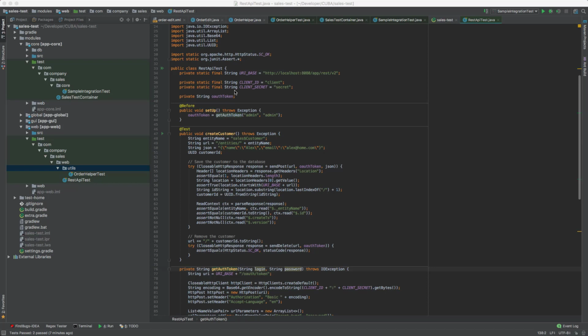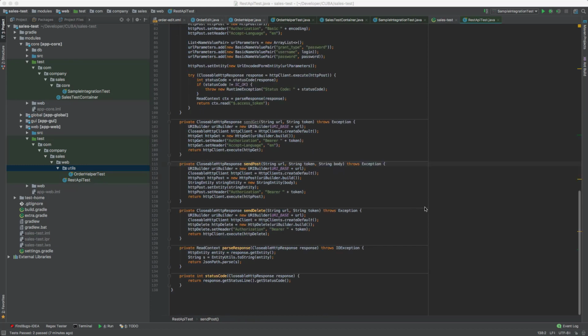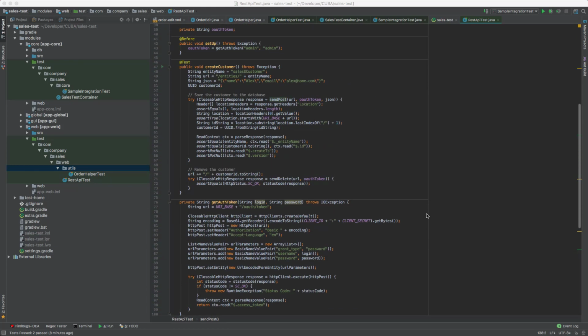Any entity can be created with a POST request on the address equal to base URL plus entities plus entity name. In our case, it is entities/sales$Customer. The request body must contain a JSON object that describes a new entity instance. An OAuth token must be placed in the authorization header with the bearer type. In case of successful method execution, a full object graph of the created entity is returned and we can examine it and check if all the fields have a correct value.